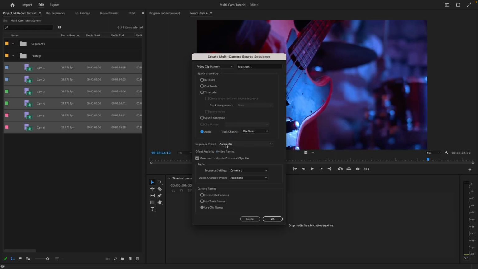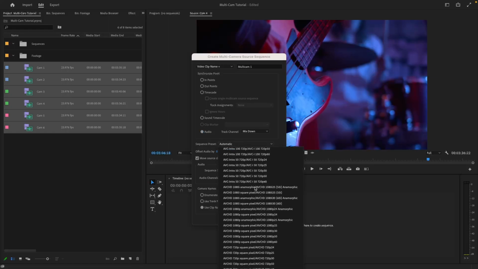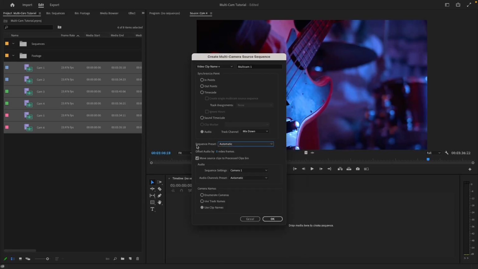Here in your sequence preset, I'm going to leave it as automatic because my frame rate and resolution are all the exact same in every clip. But if you've shot your clips in a different frame rate or in a different resolution, you can actually select this and use this to change it and make it one resolution and frame rate. So down here, let's say we want it to be 1080p in 60 frames per second. You could select that, and it would flatline your sequence to that